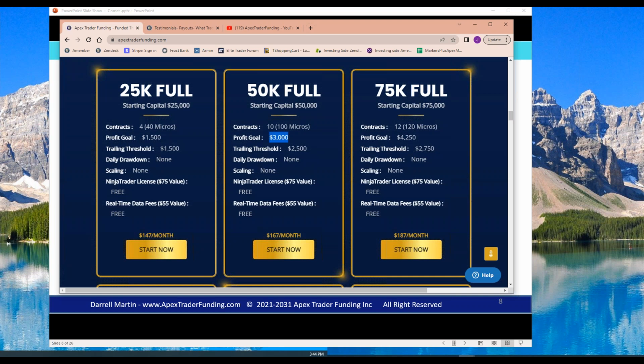It's that simple. This particular account right here is at $167 a month for the evaluation account, okay? Once you pass the evaluation account, some people don't even ever need it the next month. For example, you sign up today, it's on an auto bill every 30 days. But if you pass the test before that 30 days, then you don't have another bill. It converts over to the funded account. The funded account is $85 a month to cover the fees, okay? Now, maybe it takes some people a few months to do it. That's fine, all right?